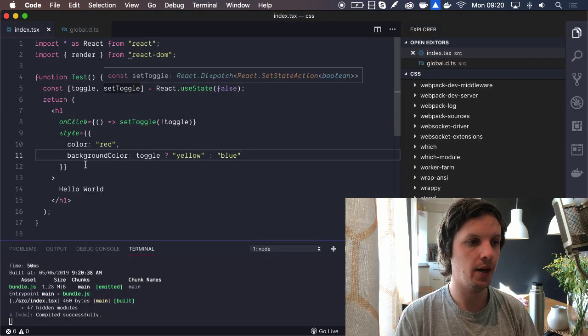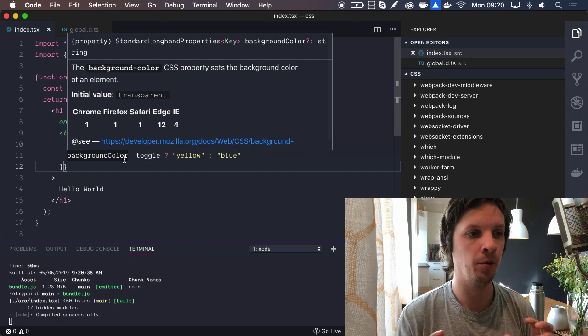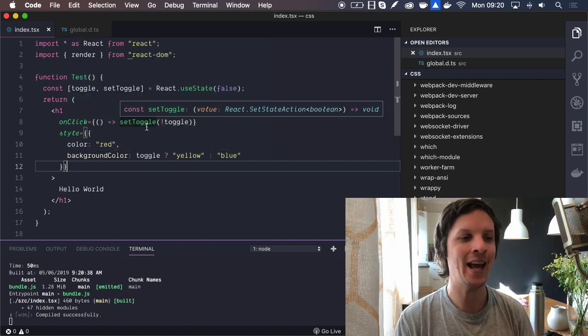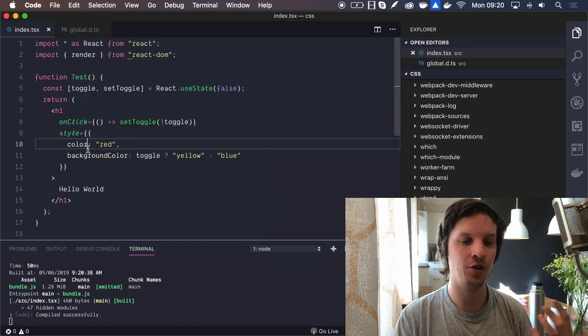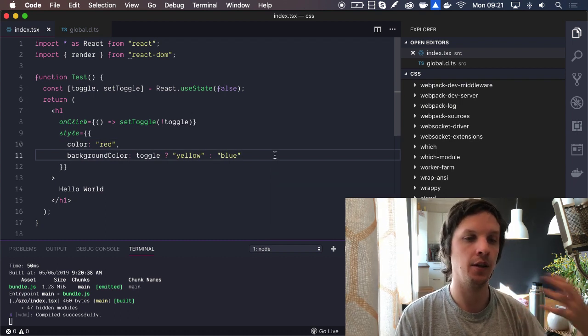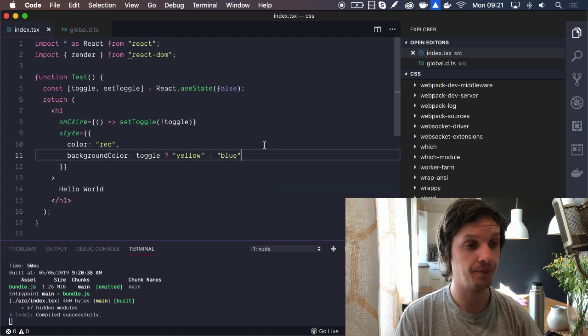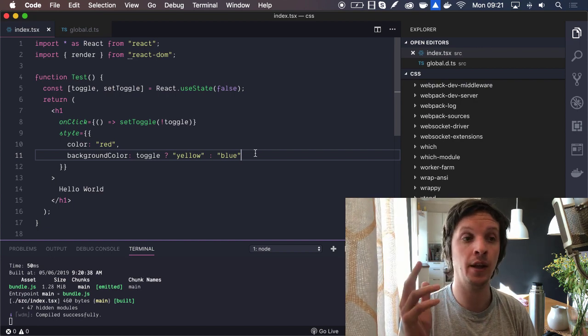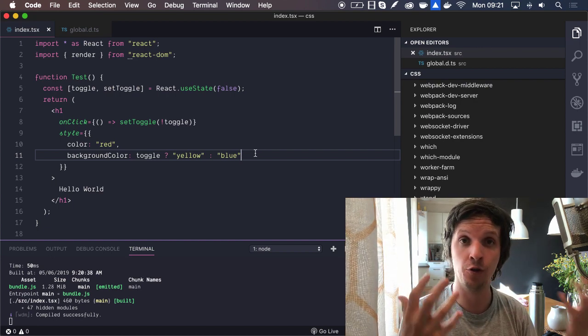So the point here of this Babel preset is that you're just enhancing the style attribute. You're just making it more performant. So it automatically moves all the static stuff into class, and it keeps all the dynamic stuff as inline styles. And then you have, and this is Emotion. You just don't know it is.